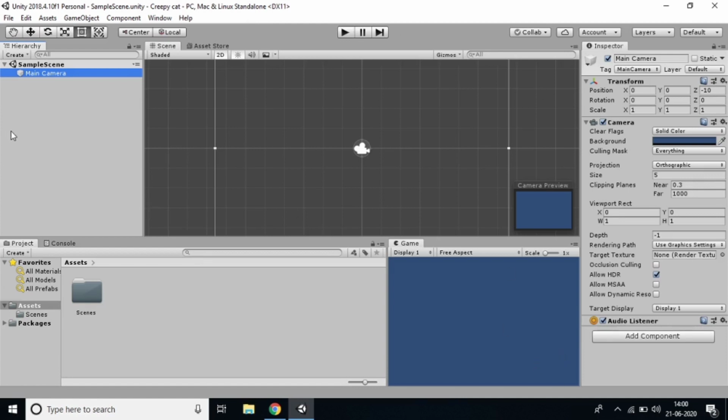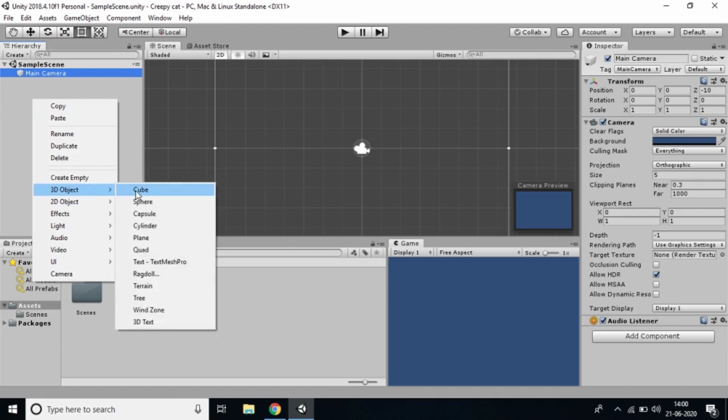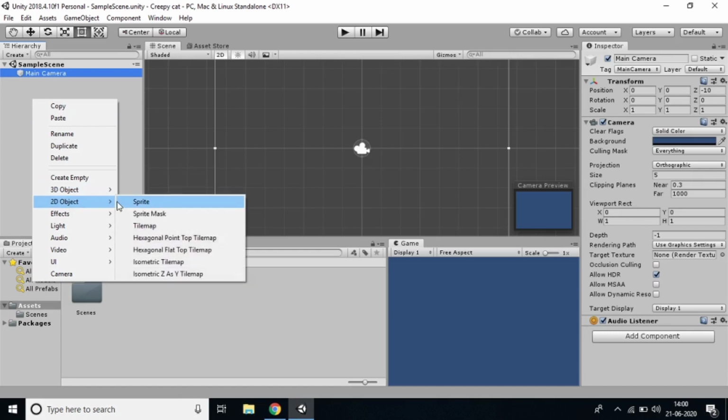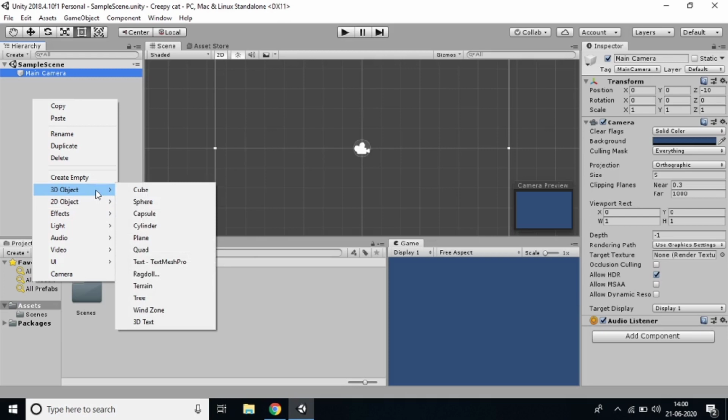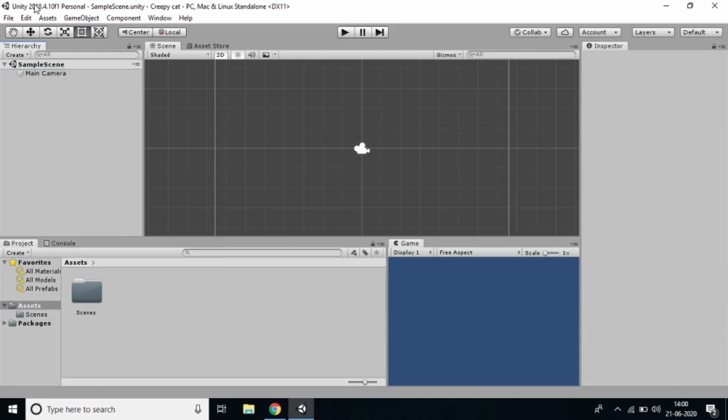I'll explain everything. Just go to the hierarchy window and right click, and you can see the cube, sphere, everything. Actually, we are doing a 2D project. In 2D, we call everything a sprite. In 3D, everything is called a game object. So that is the only difference. And you can see this is the version I'm using,